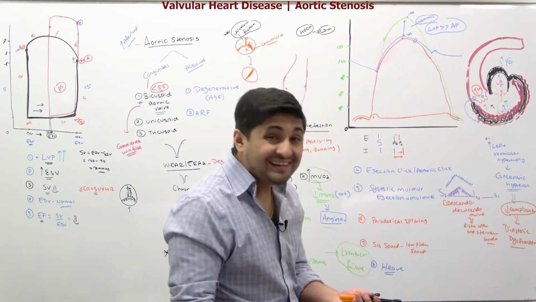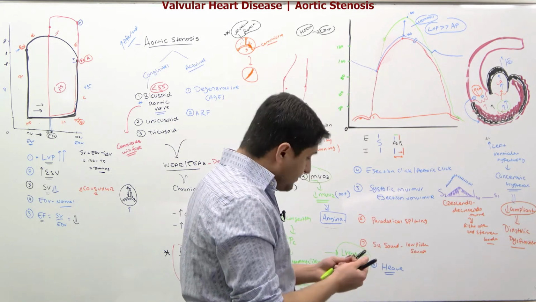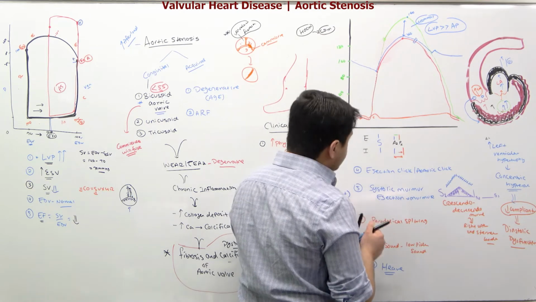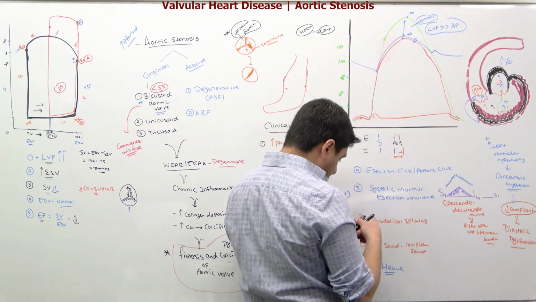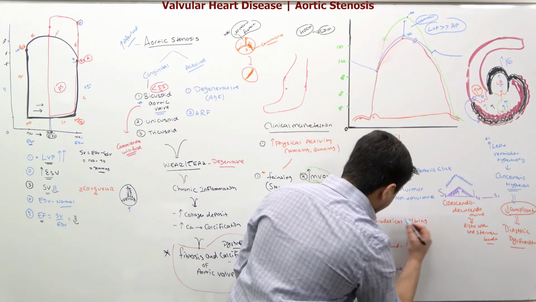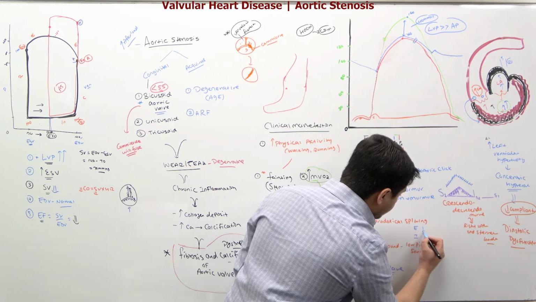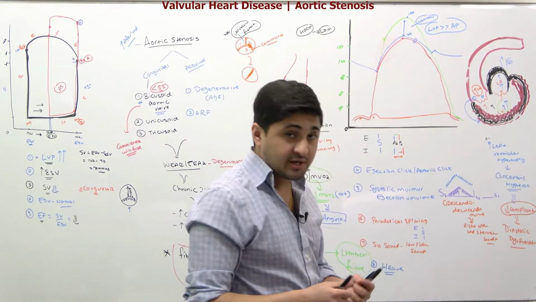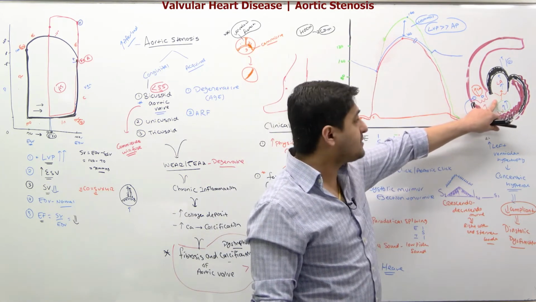But in, let's say, aortic stenosis, what really happens is this. I'm going to make it down here in the same graph so that you can see. Because we're talking about paradoxical splitting, there's expiration here and inspiration here, and we'll make an S1 sound here like this. When you talk about paradoxical splitting, what really happens here is that